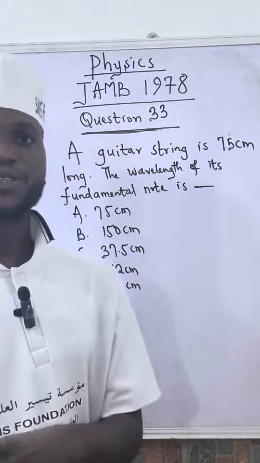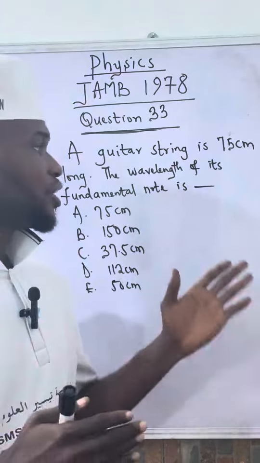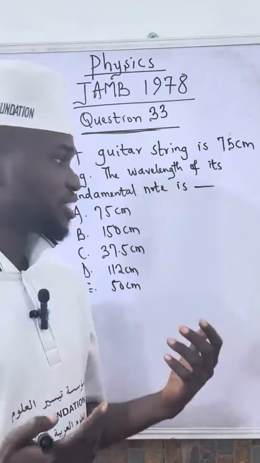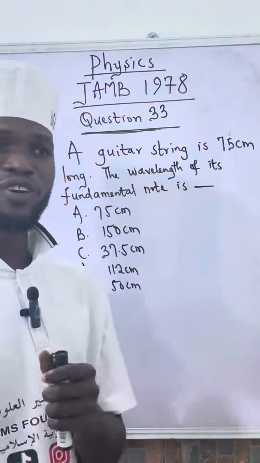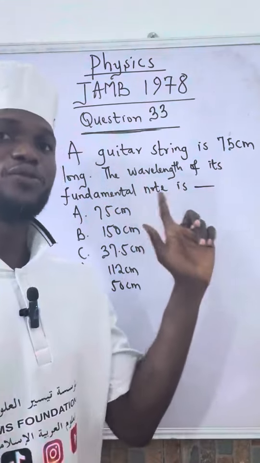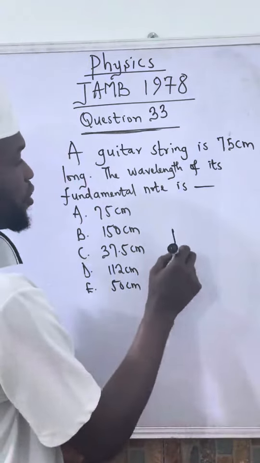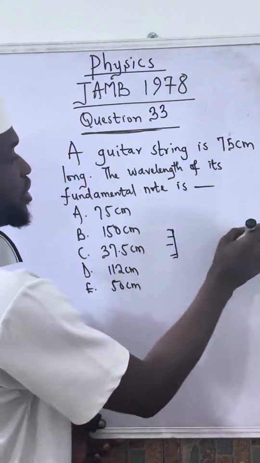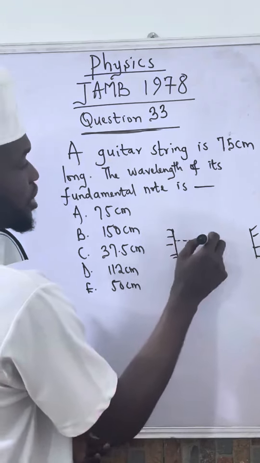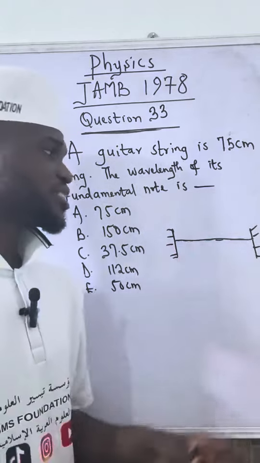So this is a question on sound wave, particularly sound instruments. So this has to do with vibration in a string. For example, one of the sound instruments that can be used to solve this question is a guitar. So let's say we have the two fixed ends in a guitar. So in every guitar we have a string. Let me denote the string like this. So the simplest